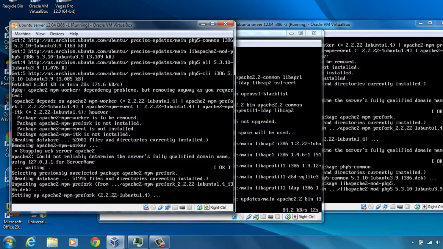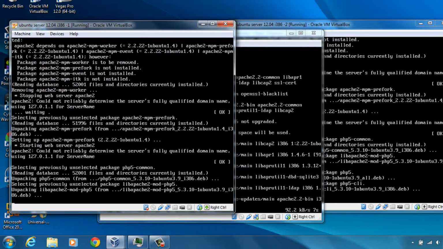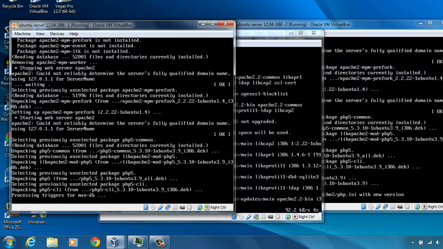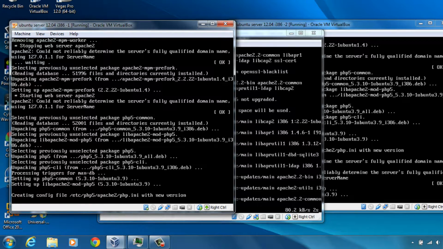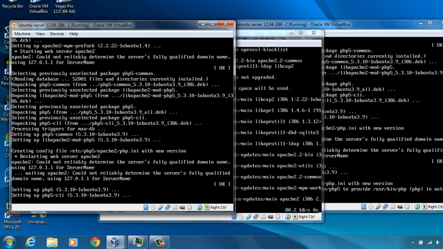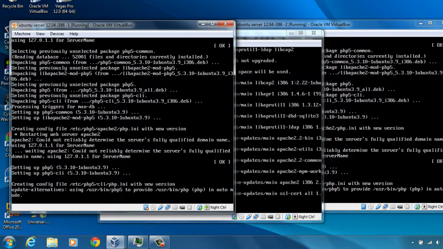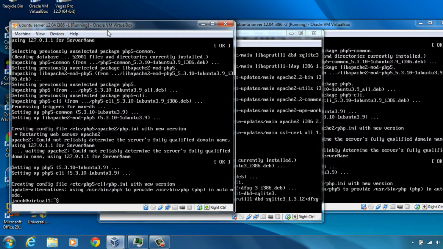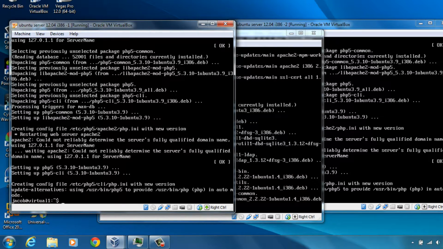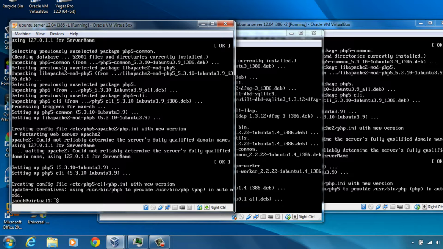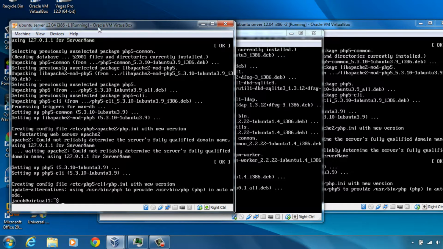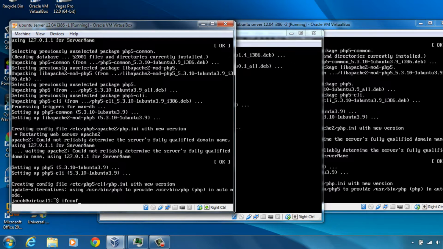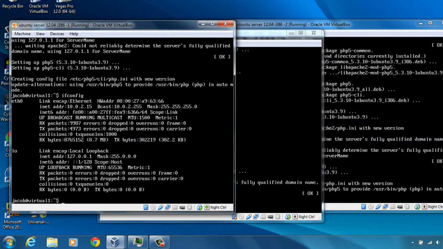Okay, so this server is just about done. The thing with these virtual servers is they're a little bit different as far as their IP addresses. So I'm just going to explain stuff while they're loading. We are going to set static IP addresses, but we are going to use a host-only adapter. Okay, so this one is done. We're going to use a host-only adapter in these, so I will change the adapters, because right now we can't actually access these servers in a web browser. If I run ifconfig, we can see that the address is